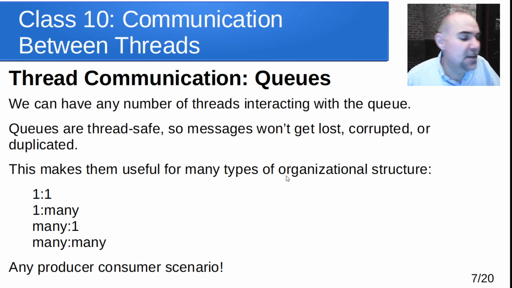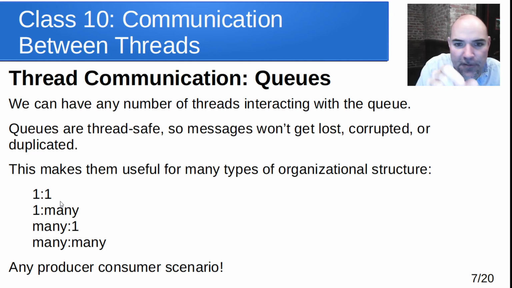And because you can have any number of threads interacting with it, that makes it really useful for a number of applications or program systems organizational structures. So for example, you could have a one-to-one that just acts as a buffer between one thread and another thread. In other words, rather than having a shared variable where they have to synchronize and hand off the value, the producer sticks it in the queue, the consumer takes it out when it gets to. That's a lot like your computer system and, I don't know, something like a keyboard buffer. When you type, the keystrokes go into a keyboard buffer, the program runs, it takes things out of the keyboard buffer